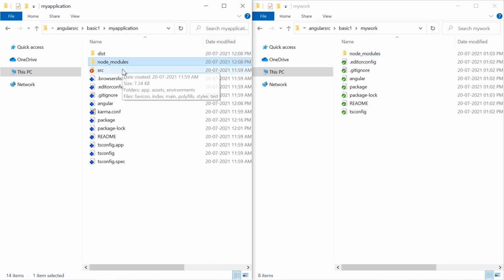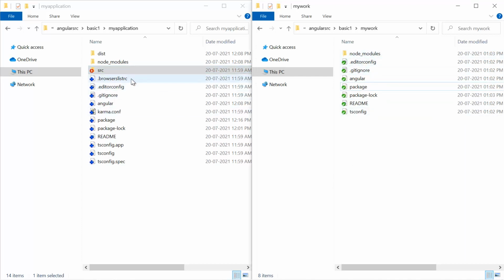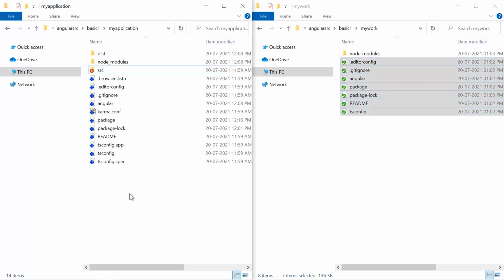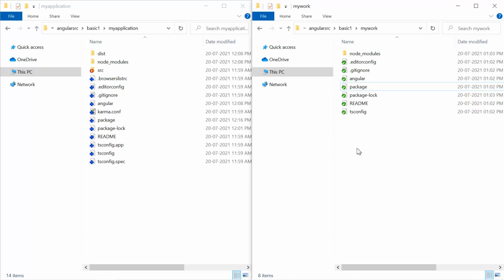Node modules, src, there is nothing like src over here in this workspace, and you can notice that here we have only these 6 files, and in this application we have lots of files. And remember, here on the right side we have only created the workspace. We do not have any application in this workspace. This is a blank skeleton workspace.